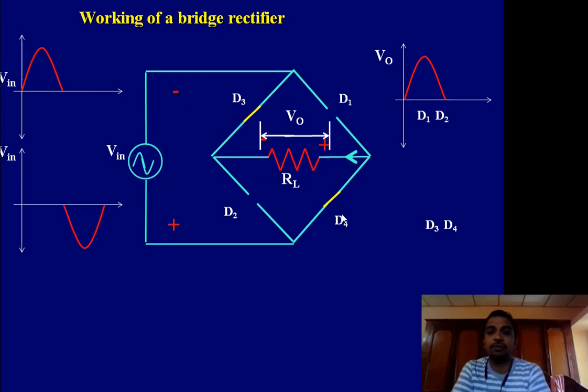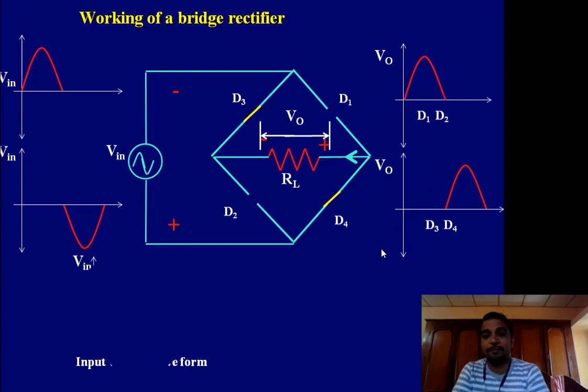Remember, in the earlier case also current was flowing in this way only, right to left. In the negative half cycle also, it is right to left only, which means the current direction is not going to change. The output is DC only. So the output voltage is this one. Both are positive, and we are getting 2 half cycles. It is a complete full wave rectifier.